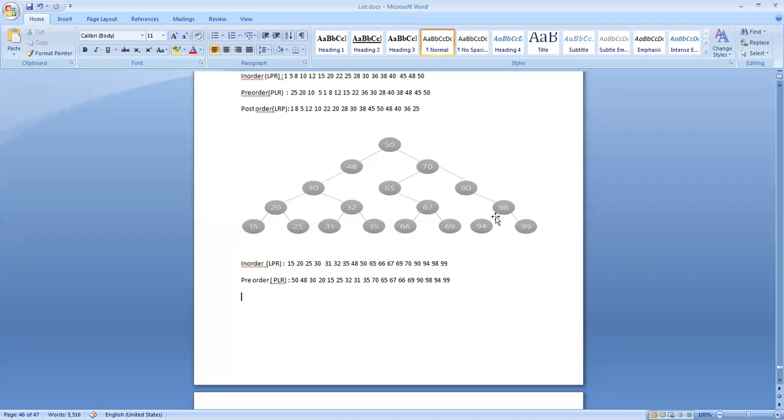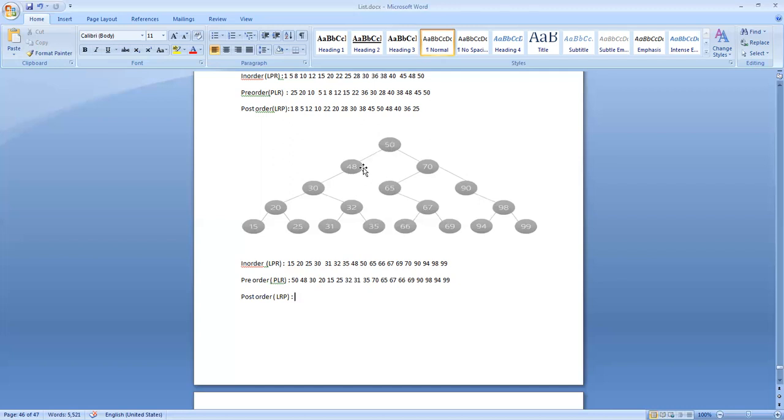Now the post-order traversal. Post-order, what's the order? Left child, right child, parent. Starting from root, it's a parent.